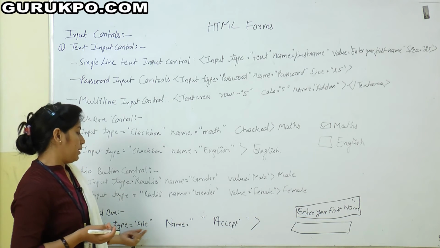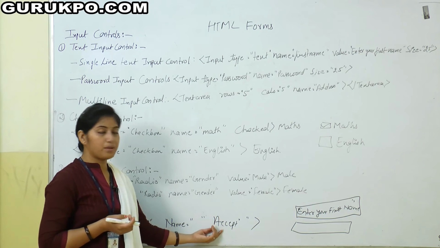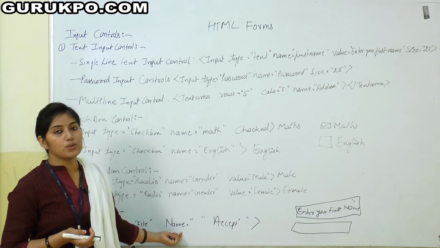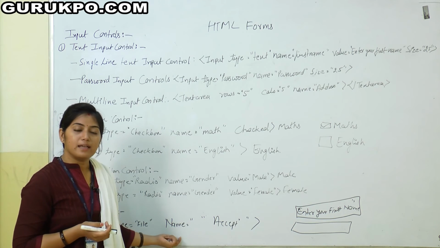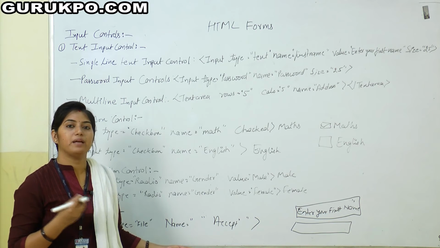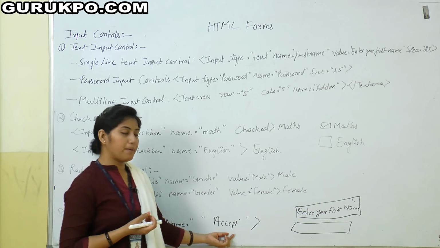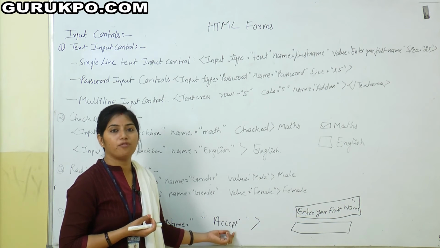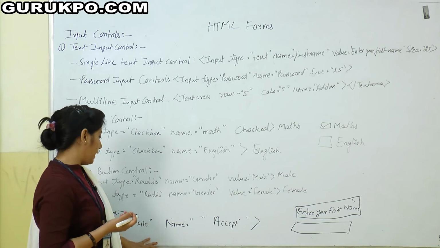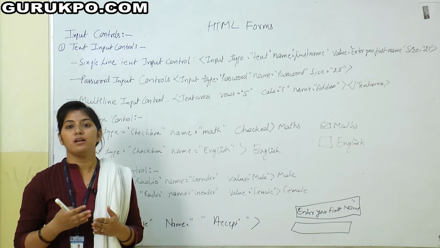So for input type file, the type should be file here, then name and accept are the attributes for the file upload box. Name is used to identify the entity name by the server. So if we give any name, it will be recognized by the server by this name. Accept is the pattern, which type of value can be accepted by the server. So name and accept are used by the server to accept the value and save it.